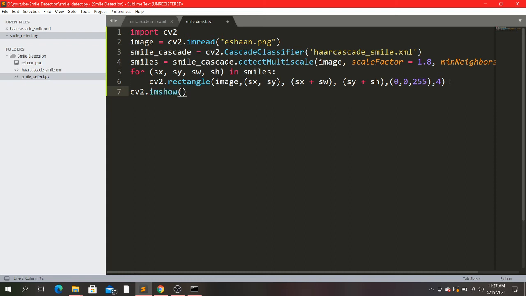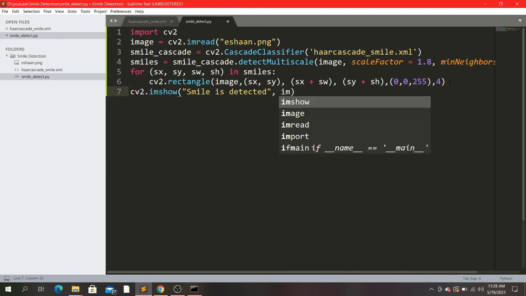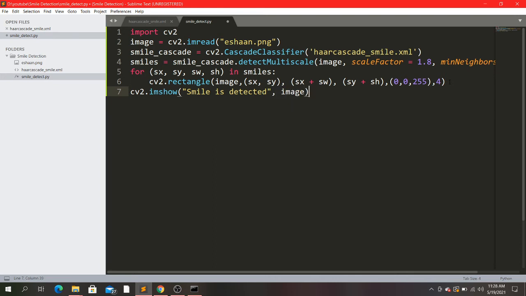At last we have to show our image using the cv2.imshow function. We will write here "Smile is detected", and then our image on which we have detected the smile.